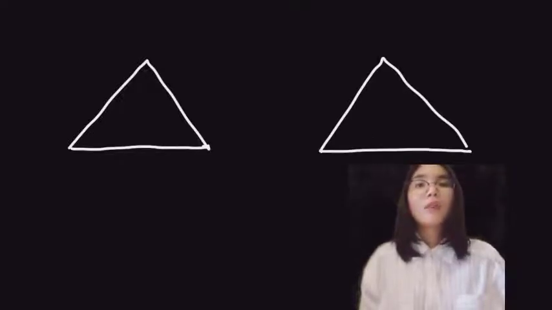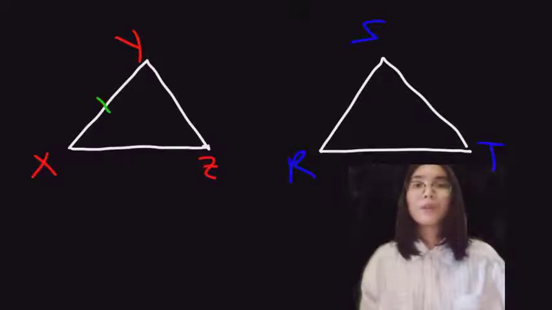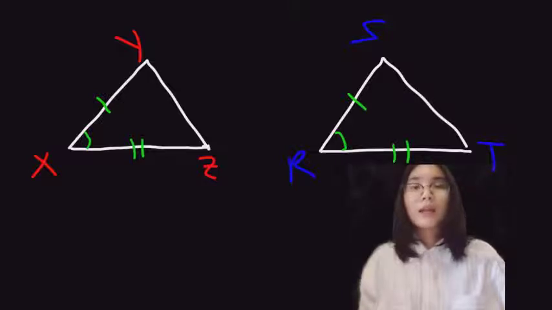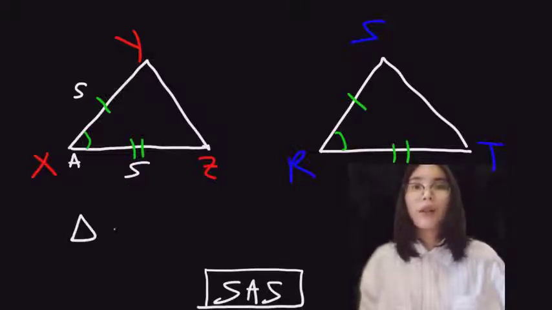Now when you write this expression, you need to write it in such a way that the letters of each triangle correspond to each other. So angle A corresponds to angle D because they are opposite to congruent sides. Likewise, angle B corresponds to angle E. They are opposite to congruent sides, and so we need to make sure that they match when writing this statement. And angle C corresponds to angle F.